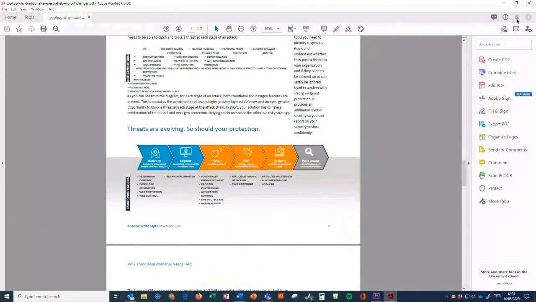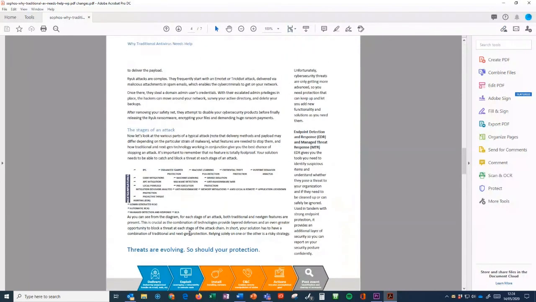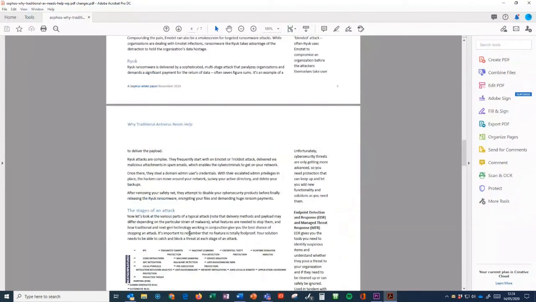So it is a handy little thing to know as well. If there is a PDF document you just want to make a few small changes to, it saves you trying to type it all out again or